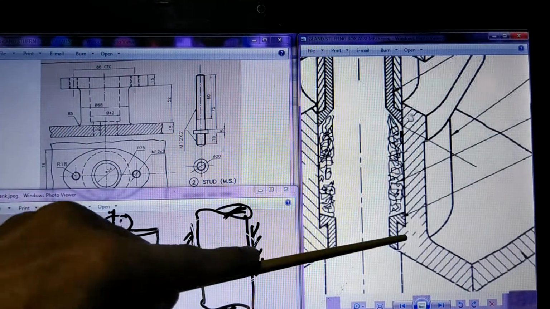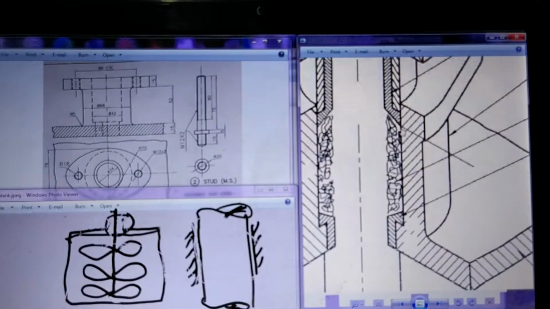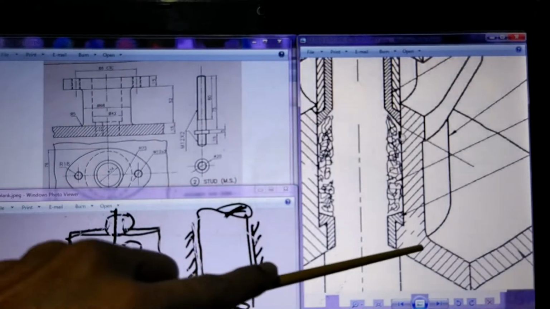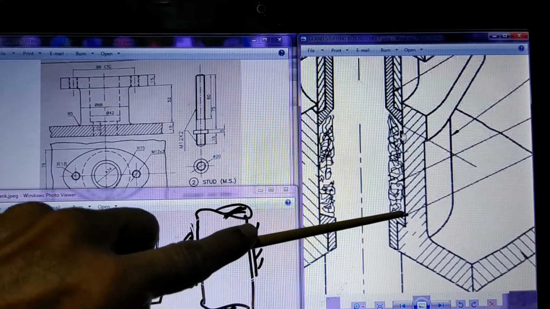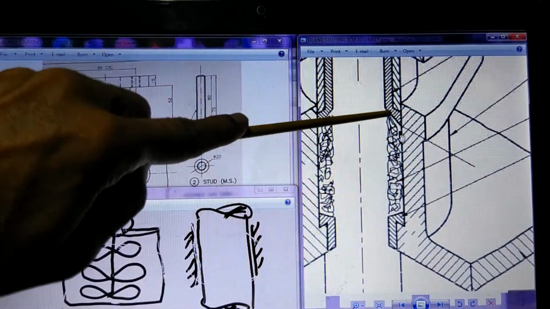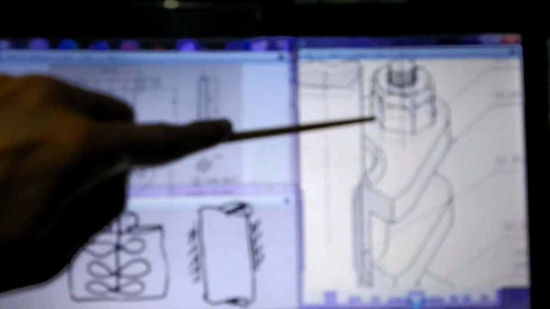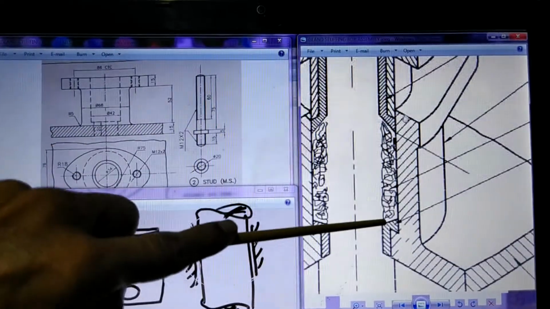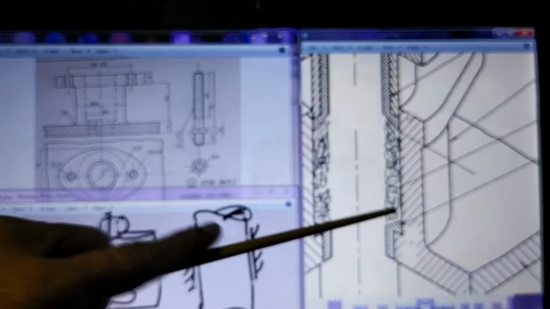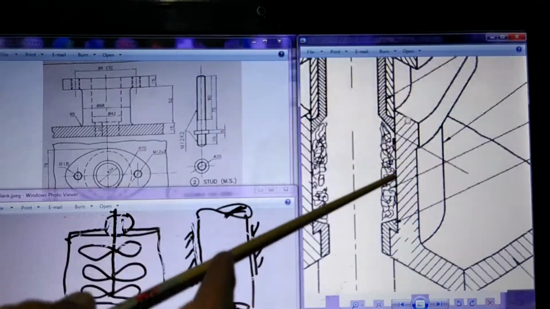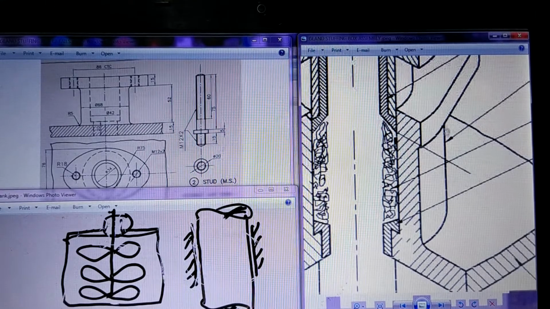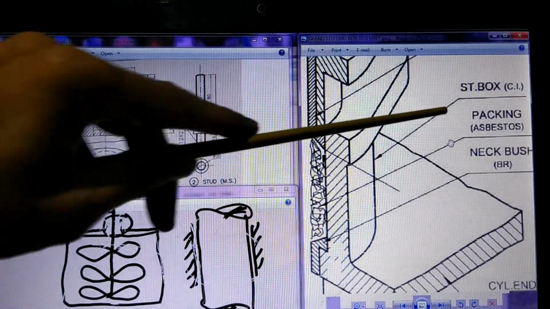Now this is a stationary part, this is a housing, this is a vessel. So this vessel is stationary, and this bush also is stationary, it's not going to move. This is going to come down when you rotate this nut. Between this and this, there is one taper here and one more taper here. Between these two taper ends, there is something shown here that is called packing. You can see the name, packing, written here.